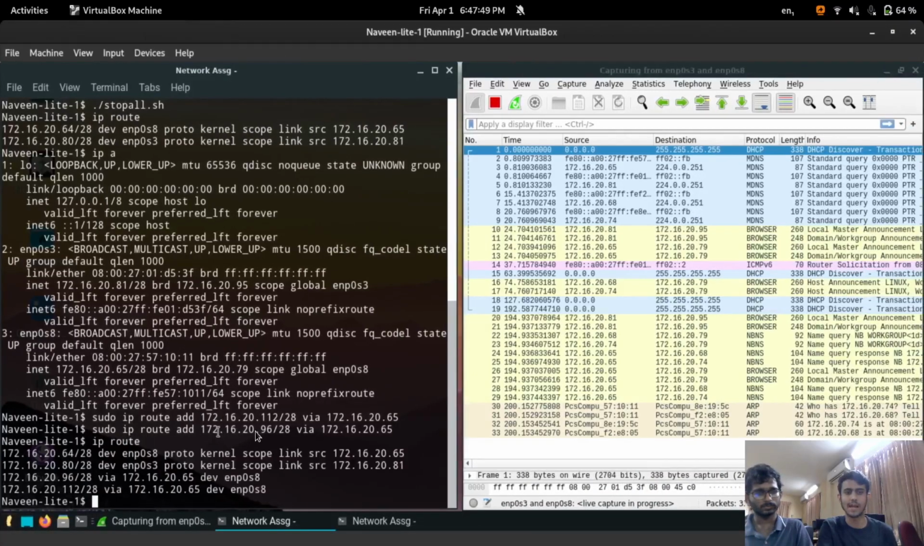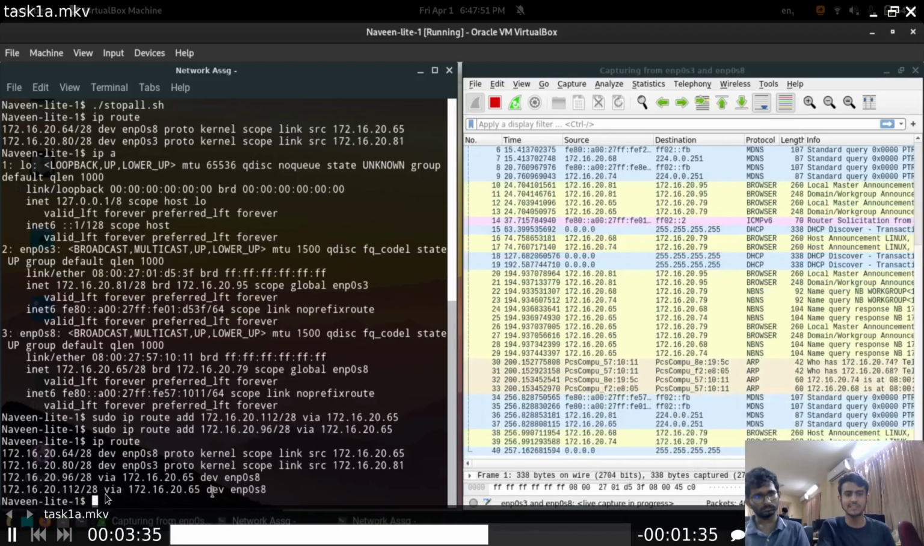So we use the command ip route, and now as we see, we have this .96/28 via .20.65. So basically .65/28 is the upper IP address of machine 1, and .96/28 is for machine 3. So basically machine 1 to machine 3 the routes are configured, and similarly the .128/28 is basically